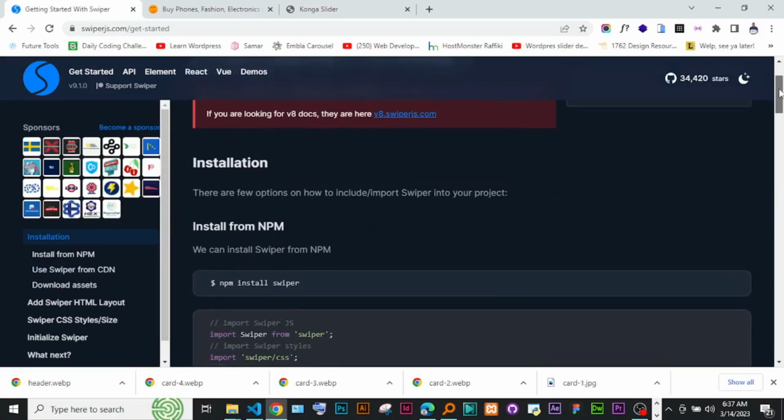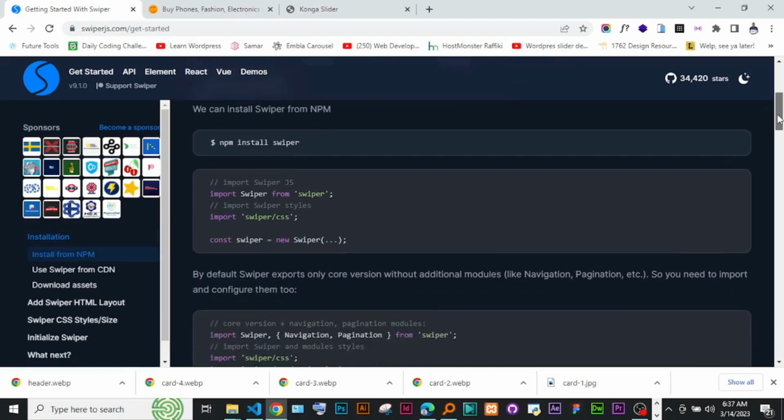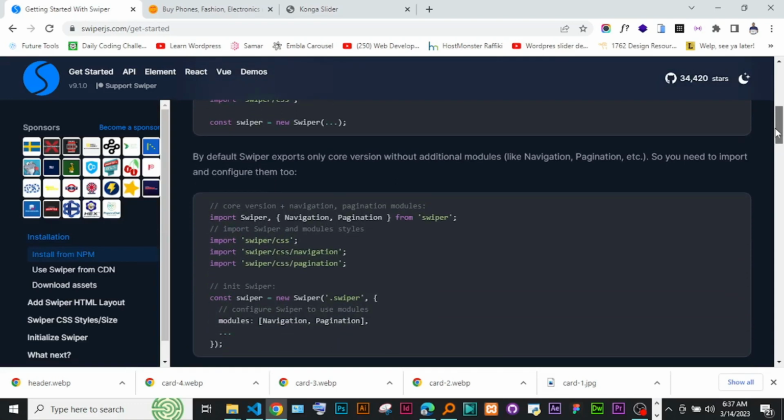So if we are using the installation process, it's these ones, people who use npm, if you are using React or you are using Vite or any other thing. If you want to install via npm, that is one way you can bring it into your project. Okay, but we're not going to use this because we are using vanilla JavaScript right now. So just scroll down